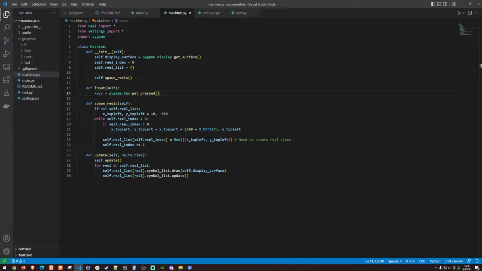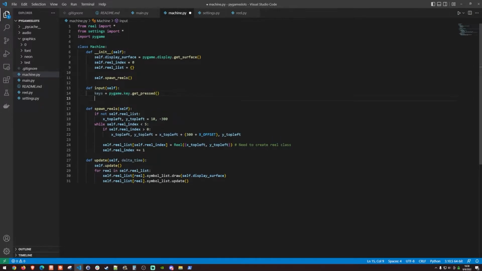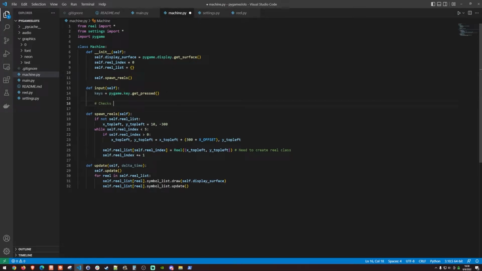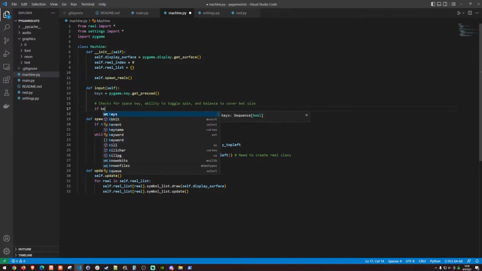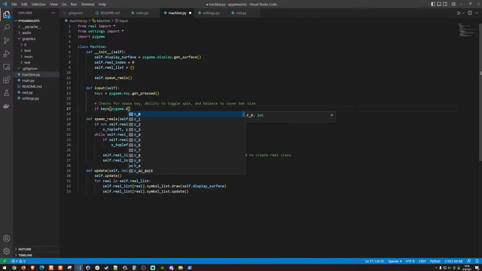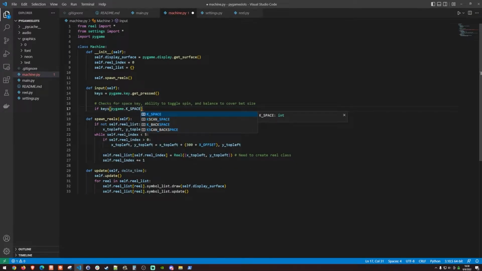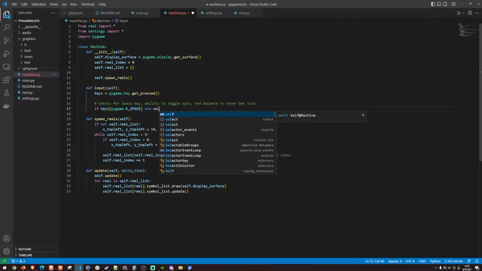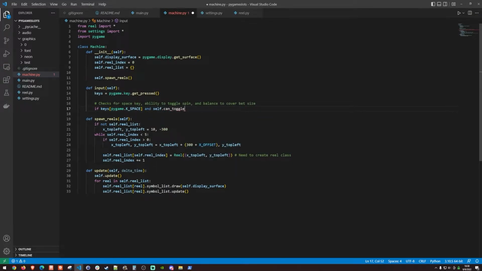So there's still a couple things that I need to add. And I'll put a quick note here. Checks for space key, ability to toggle spin, and balance to cover bet size. So we're actually going to check the user's balance before we allow them to spin, but we will implement that a bit later. In any case, if keys pygame.K_SPACE, again this is the space key, and self.can_toggle